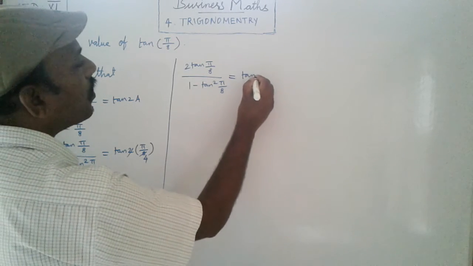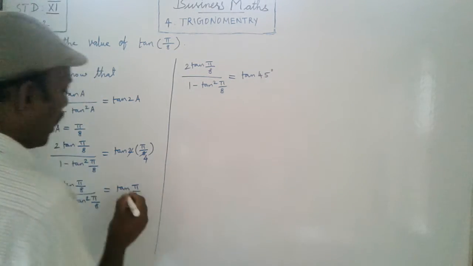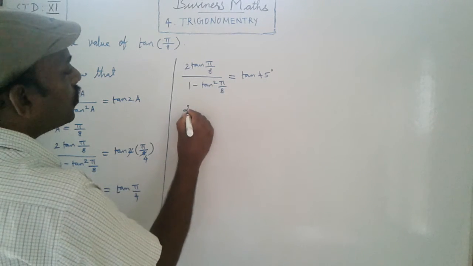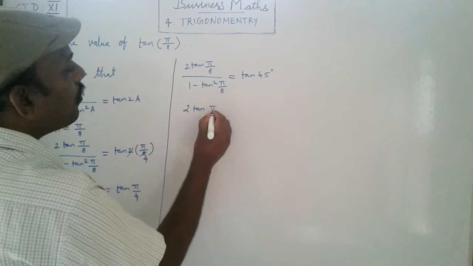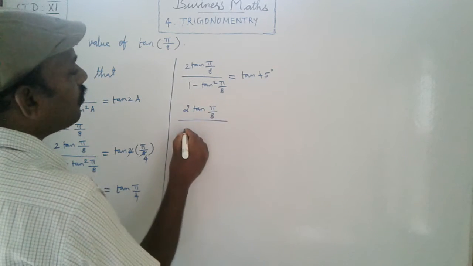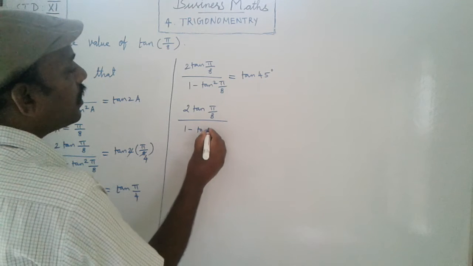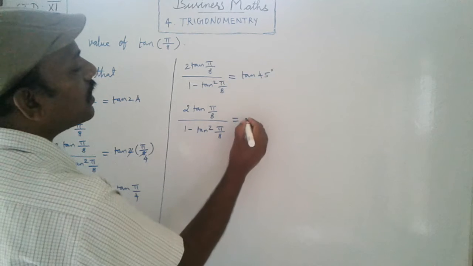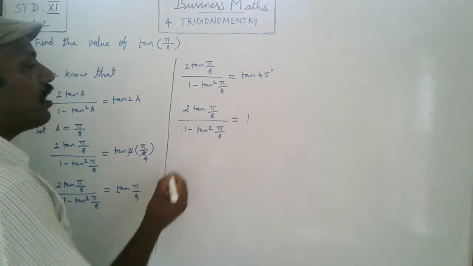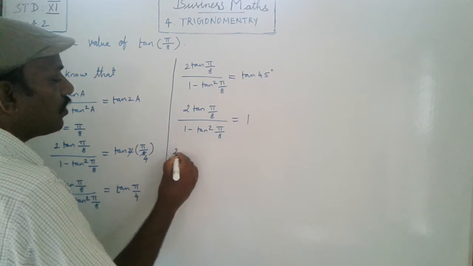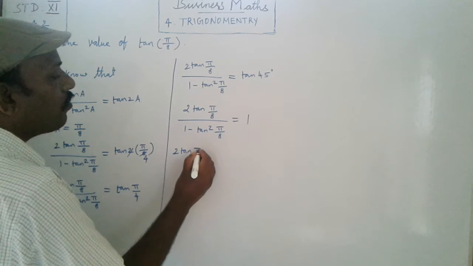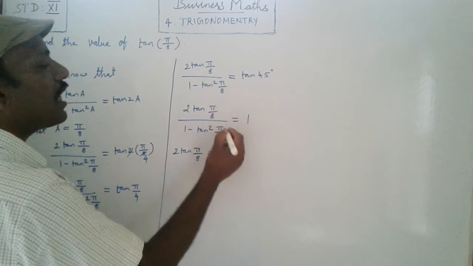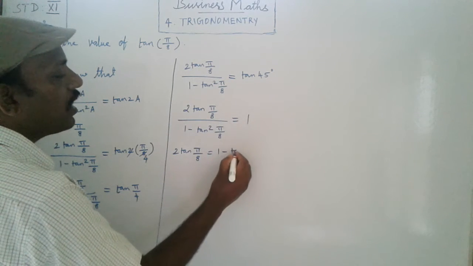The value is tan 45 degree. Tan pi by 4 is tan 45. So 2 tan pi by 8 divided by 1 minus tan square pi by 8 equal to tan 45 degree, which is 1. Now cross multiply. 2 tan pi by 8 equal to 1 into 1 minus tan square pi by 8, which is 1 minus tan